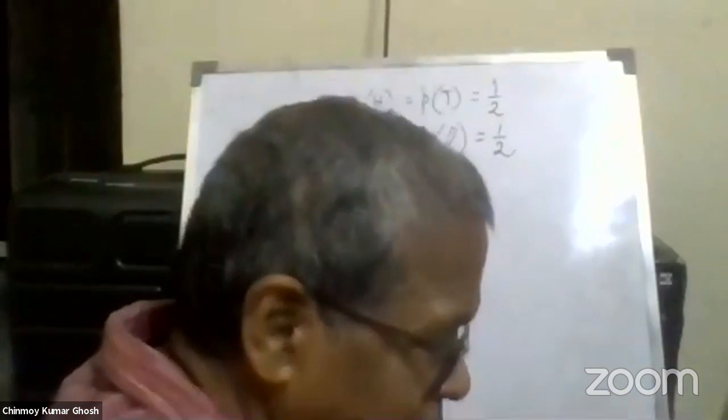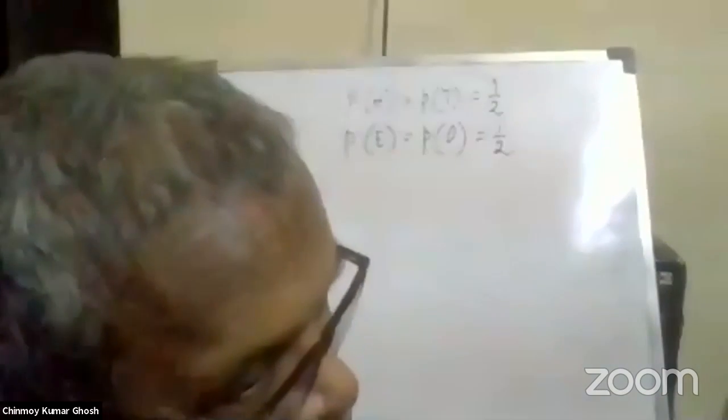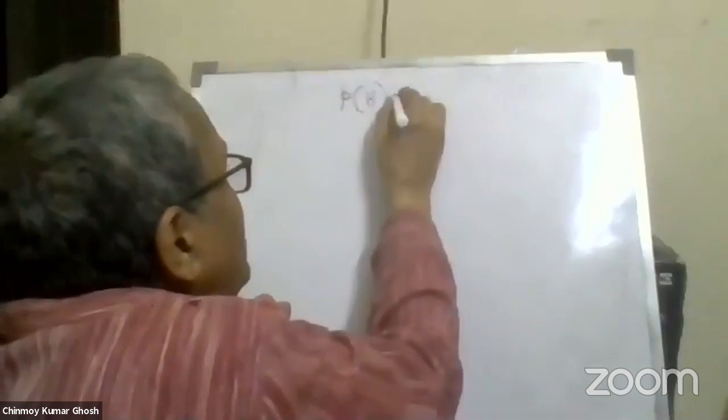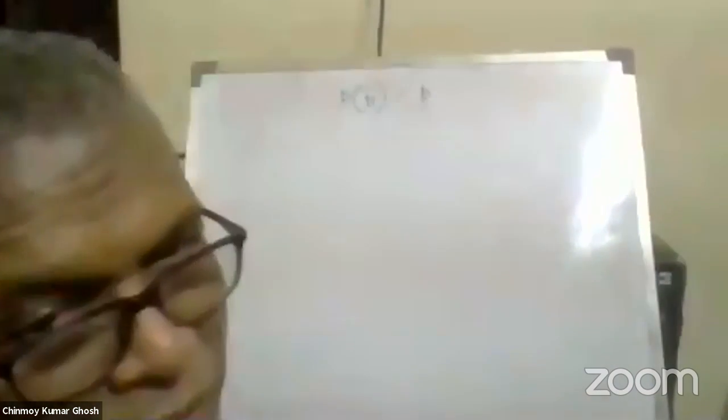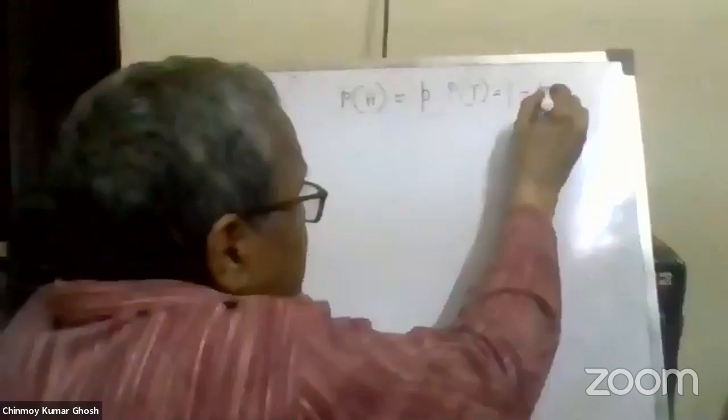Well, I'm trying to look at it mathematically. The way Madam said, or your option, these are definitely acceptable. So in any case, the match referee is wrong, and I will also prove the match referee wrong, but with more mathematical rigor. See, let the probability of head be equal to P, and P is not equal to half. Then the probability of tail is equal to 1 minus P.